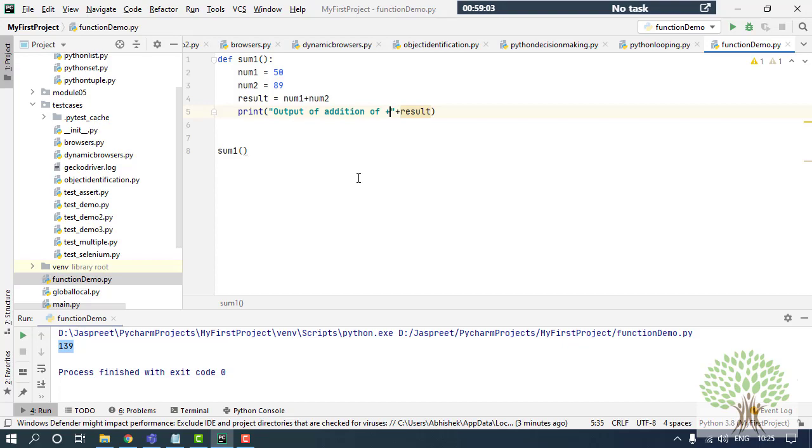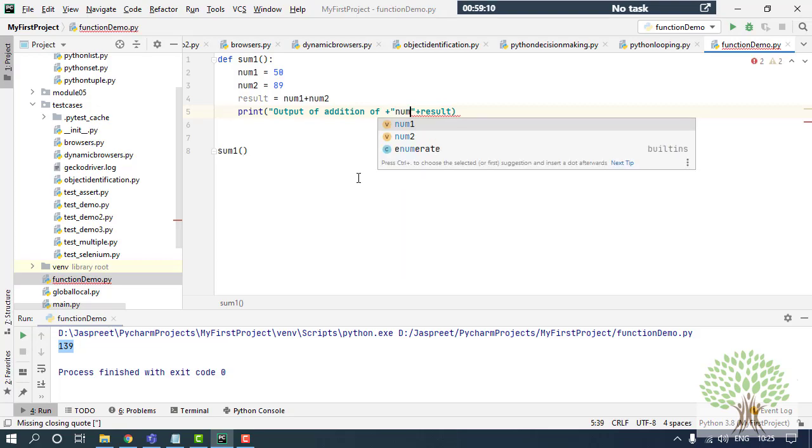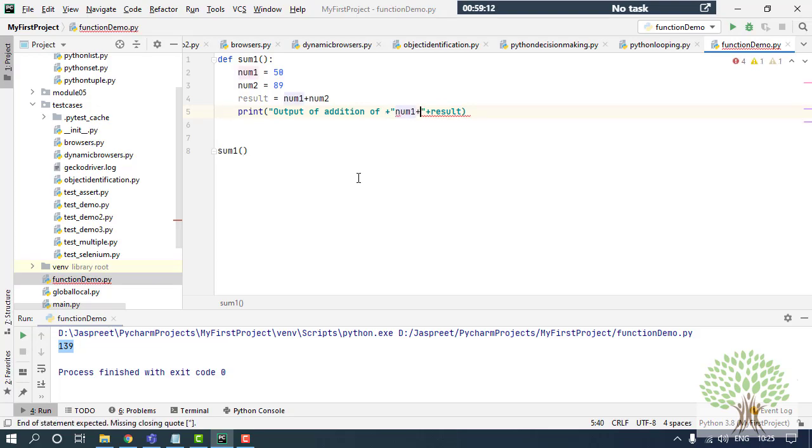Now you can have the variables over here as well, like num1, plus the concatenation operator, and num2 is the result.